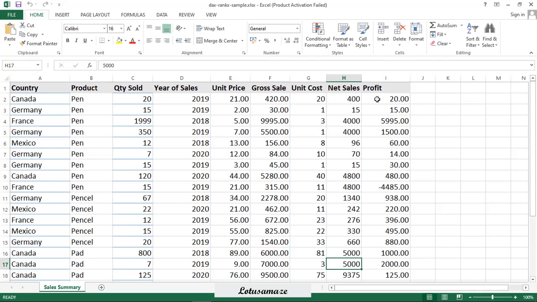In this net sales column you can observe some figures are the same, say 4,000, 4,000, then 4,800 and a second 4,800, then 5,000, 5,000. We have to assign the ranking to these net sales: the highest sales first rank, second highest second rank, and third highest third rank. But what about these figures which are the same? How do we rank them? We will check this with the practical.